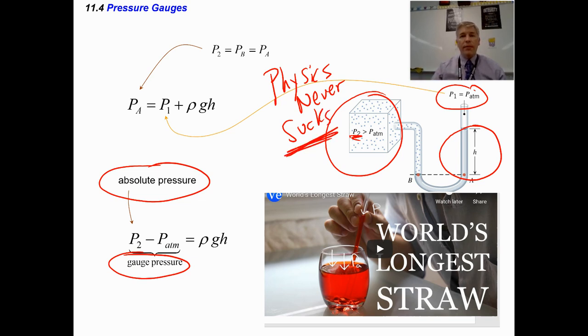Instead, what you are doing is creating a lower pressure here. When you put it in your mouth and you increase your diaphragm, you are actually decreasing the pressure inside of your mouth, and that lower pressure, and then you have to have air pressure that pushes down on top of your fluid. That air pressure is greater than the pressure inside your mouth,